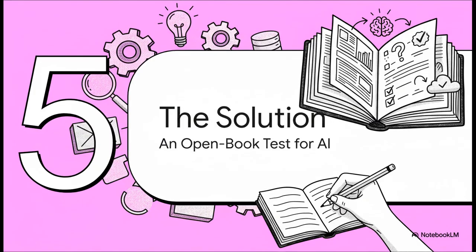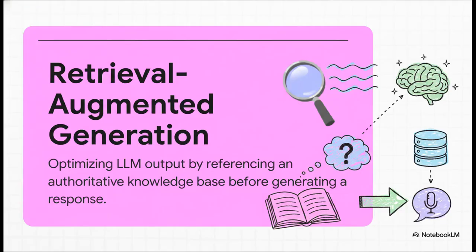So what's the fix? How do you stop an AI from just making stuff up? Well, the answer is surprisingly simple in concept at least. You don't force it to rely purely on its memory. Instead, you give it an open book and tell it to check its facts. And this brilliant approach is called Retrieval Augmented Generation, or RAG for short. The open book test analogy is perfect here. Instead of a closed book exam where the AI just has to remember everything it learns during training, RAG lets it look up the answer. Before it even generates a response, it gets to retrieve information from a trusted external knowledge base.